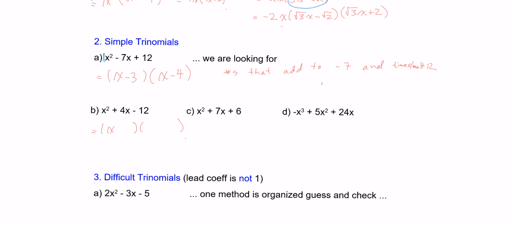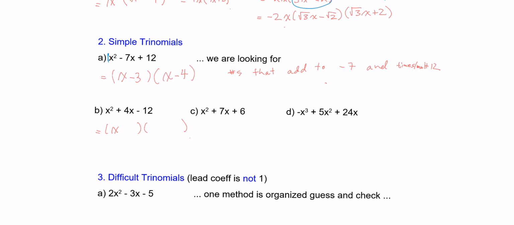4 and 3 is 12, right? Now if I take negative 4 plus 3, that's negative 1, so that doesn't work. How about 12 and 1? If I take 12 and 1, I've got negative 12 and 1. That doesn't work. That gives us negative 11. So let's try positive 6 and negative 2. So actually that works. So we have positive 6